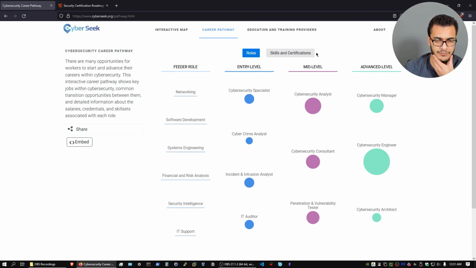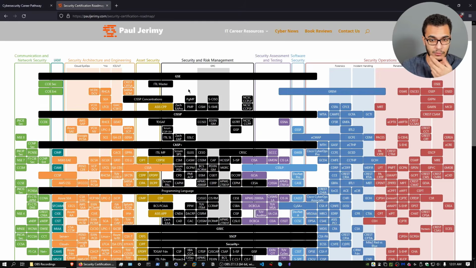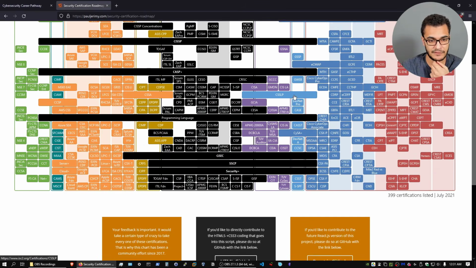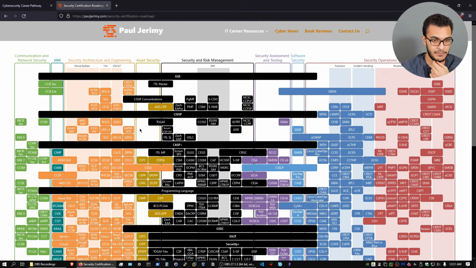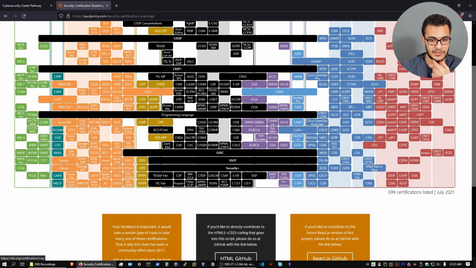So again, that's pretty much going to be it in regards to what I wanted to cover. As I said, this is more of a personal thing. You guys need to go through this yourself based on your own requirements and where you see yourself in the next 5 to 10 years. And you can also explore the various certifications based on the pathway you want to get into. So if you're getting started with cloud, you can explore the cloud certifications there. If you're interested in security and risk management, again, go for it, check them out. Yeah, so that's pretty much going to be it.